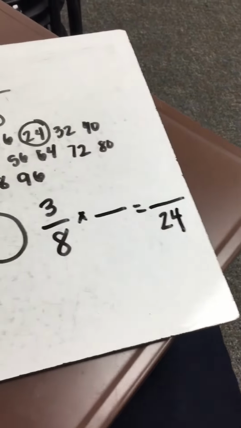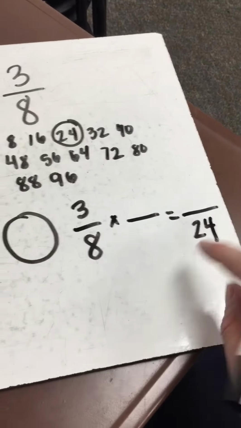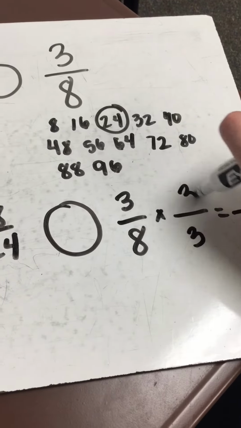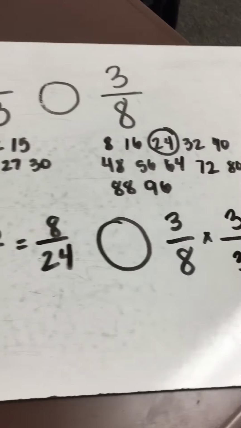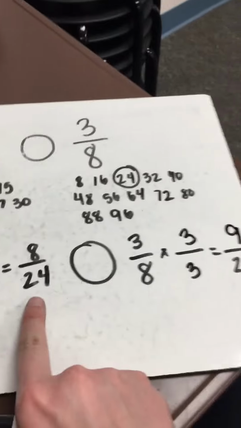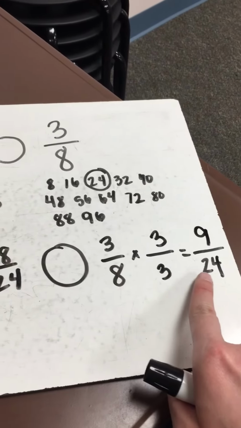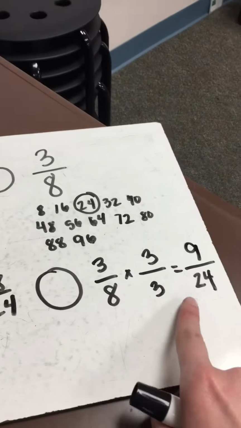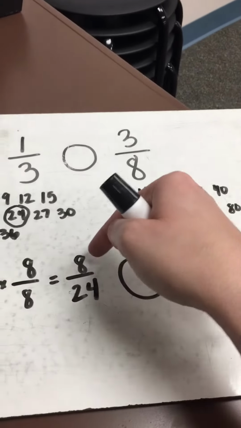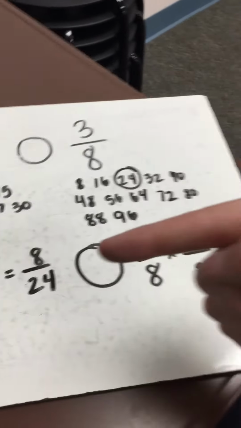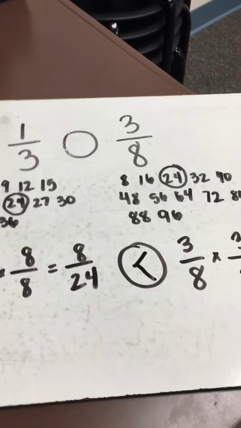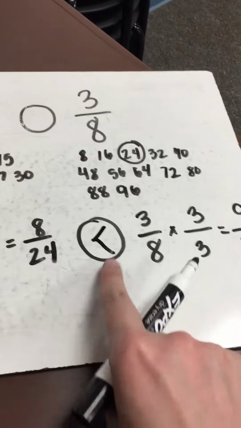So I have to ask myself, 8 times what is 24? 3. Whatever I do to the bottom, I have to do to the top. 3 times 3 is 9. Now I can compare fractions that are a little easier for me to look at and think about. 9/24 and 8/24. The denominators are the same, so now I'm comparing the numerators. And the bigger the numerator, the bigger the fraction. So 9 is a bigger number, so I'm going to have my less than sign, because that way the mouth